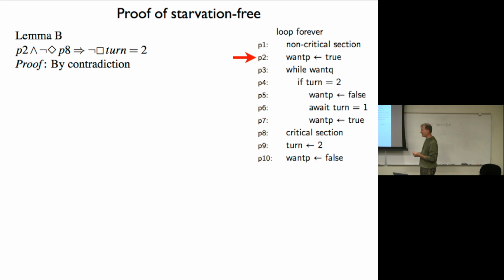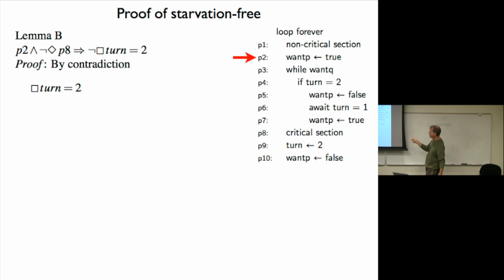Here comes Lemma B. P2 and not eventually P8 implies not always turn equals 2. So here we have P2 and not eventually P8. We are claiming that what we used in our previous lemma was that it's not always turn equals 2. And the proof of this is going to be by contradiction. So what we'll do is we will assume that